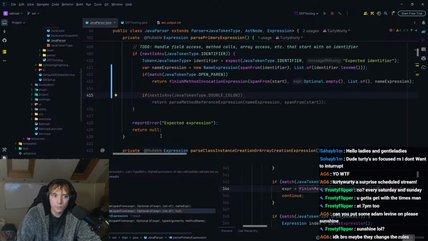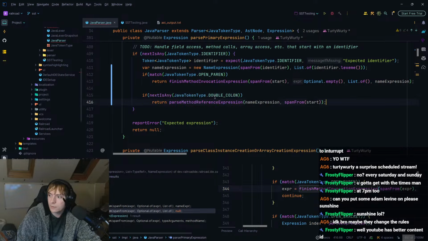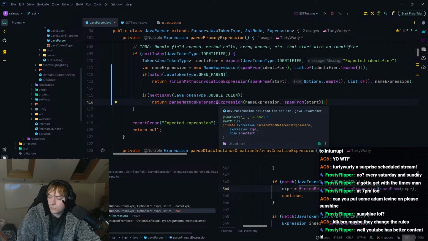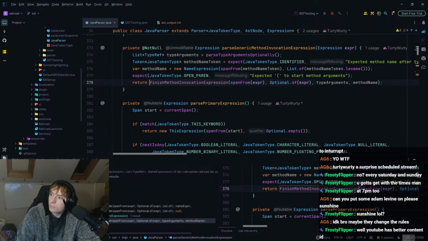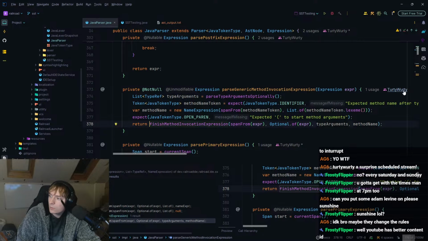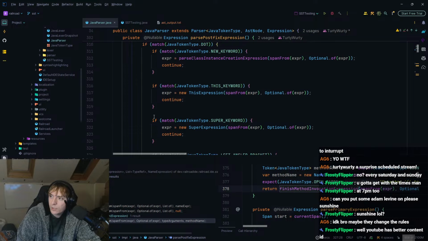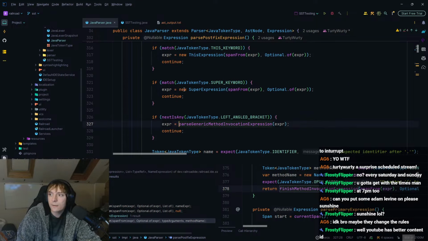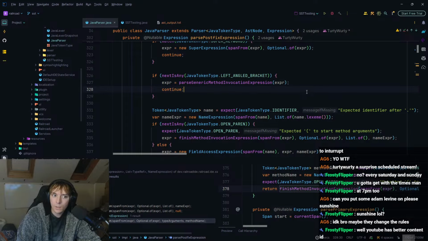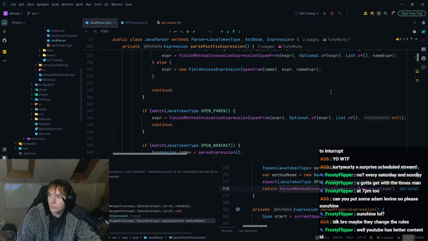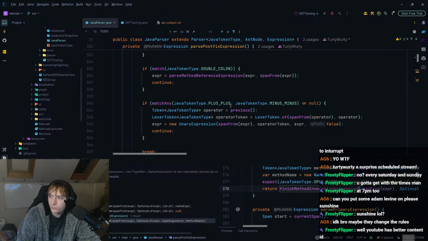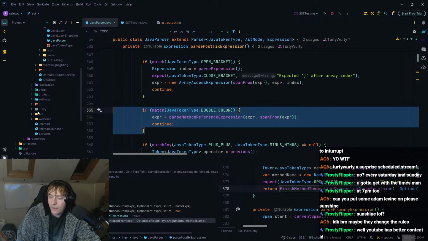Next is any double colon, pass a method reference expression. Yeah, I don't think that should be happening here though. Question: when is this called? If next is an angled bracket, which happens in postfix. Okay, so I don't need to do that. Likewise, I don't think I need to do the double colon for method references yet because that's done there.